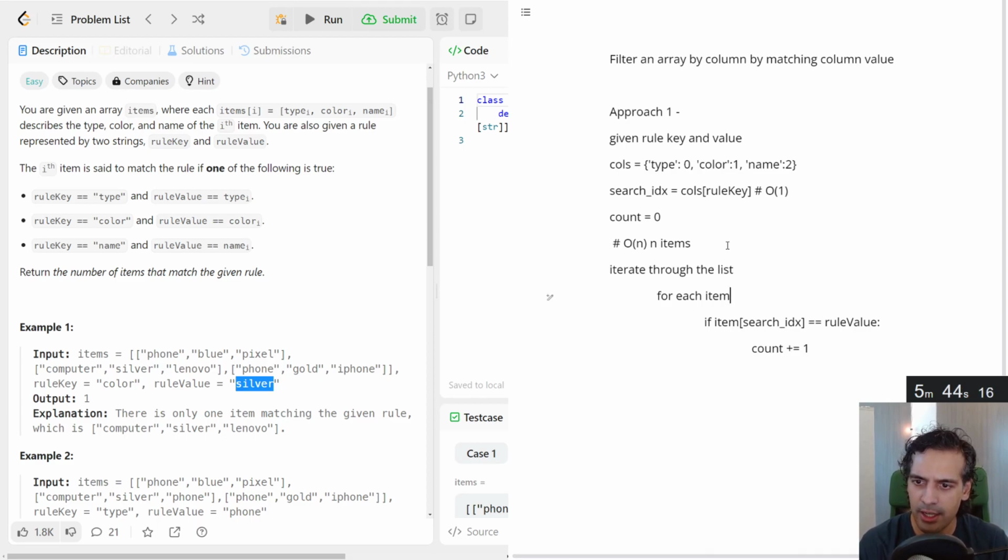And then for each item, oops, sorry, it's not a 3-layer depth, this is just iterating through the list. For each item, if the item index is equal to the rule value, count is incremented by 1. So we're just doing an O of n search through this whole thing. And so the end result is we're going to have O of n time and O of 1 space